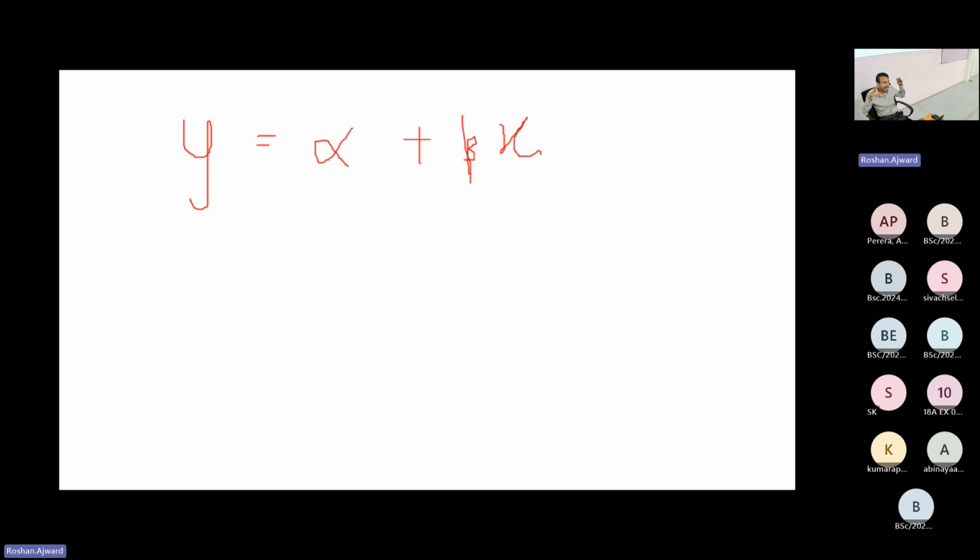Now, can I add more independent variables? Yes, you can add more independent variables. So I would like to include the price. I would like to include the customer preference and some other variables. Here you can see y equals alpha plus, let's say, beta 1 x1, plus beta 2